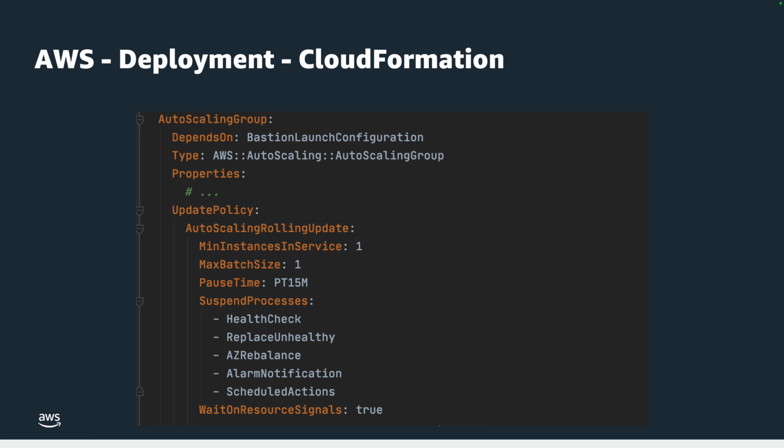Also, if you have a different architecture with a different number of services or machines, you may tweak those numbers. They are not absolute, but it gives you the idea of how that can work. And the other two things which are relevant is the pause time, which is I want the auto scaling group to have a cooldown period of 15 minutes